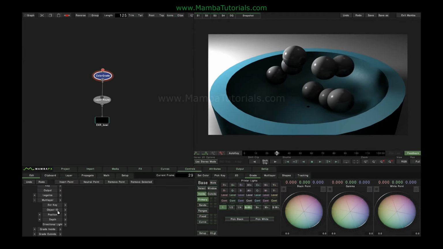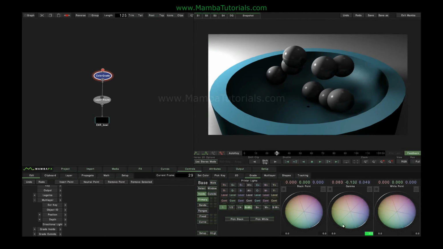One additional item in the multi-layer tab in here is the external key folder. This is for a particular workflow where you might have been provided with an EXR file that has an image channel, but also multiple pre-made masks, perhaps rotoscoping, and they're all embedded in the same file. So this allows you to access them easily here. But for this tutorial, we're going to look at the CGI data that we've got in this EXR render. So let's start by just